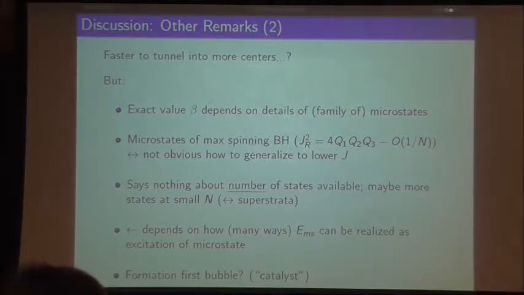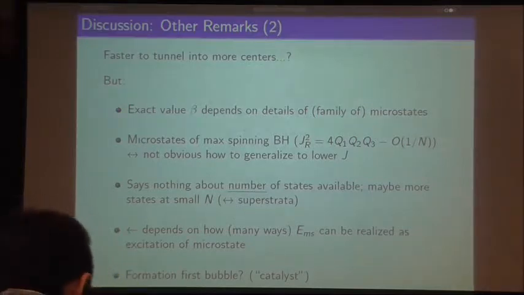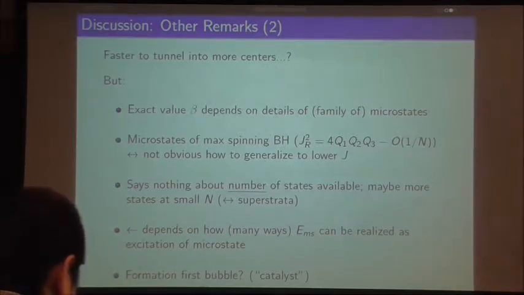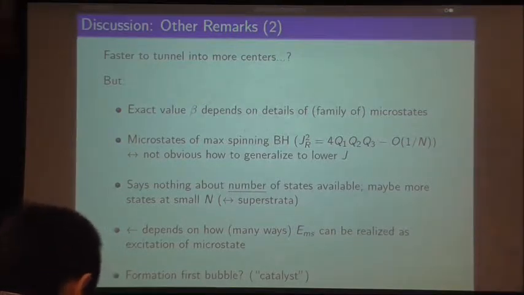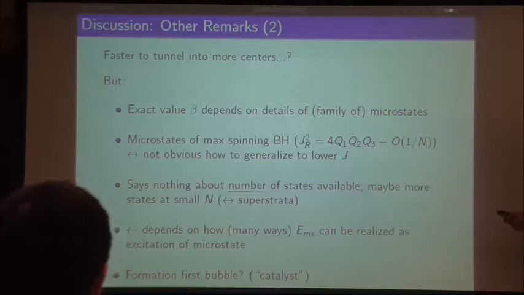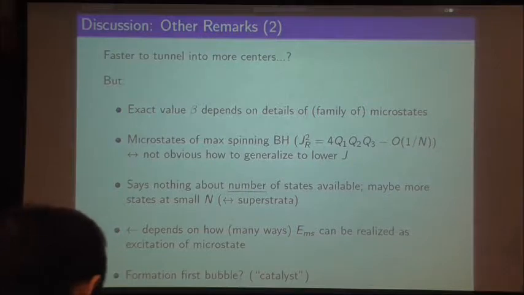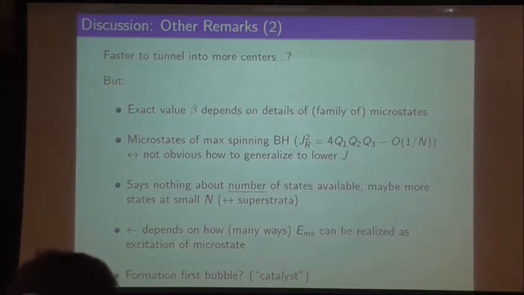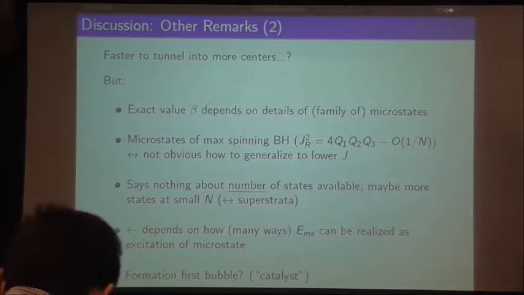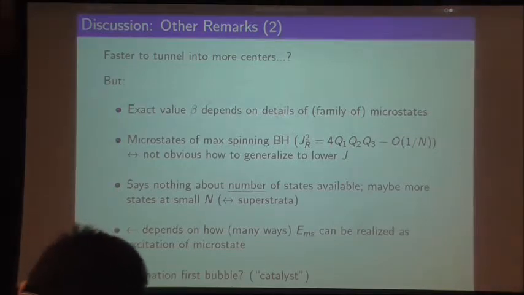What I haven't really said much about yet is that what we're looking at here are microstates of the maximally spinning black hole. That has to do with the fact that all of the centers were on a line, and this automatically gives you this maximally spinning black hole. And it's very difficult technically to go away from this assumption. So I should qualify our results by saying that we're really looking at this particular kind of black hole which has a lot of angular momentum. And it's not obvious how to generalize this to lower angular momentum, which also ties back into what we're doing with adiabatically letting angular momentum differ.